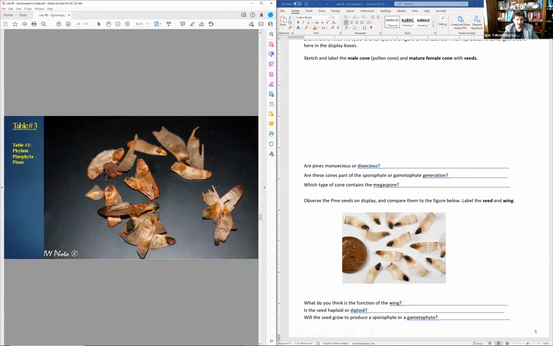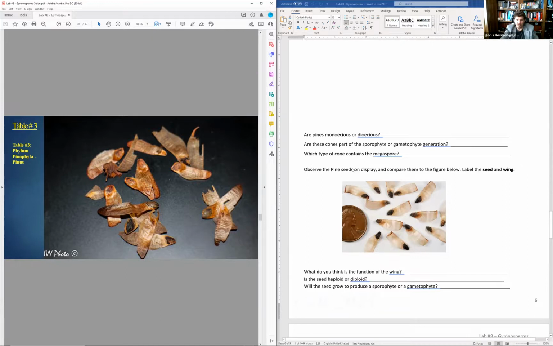Now within the female cone, you will see the seeds. Now looking at the seed, this is the cover of the seed. Inside of the cover, you will actually have the embryo with the food source, and this is the so-called wing for gliding through the air, distributing away from the parent plant, right? Because without that wing, the seed will just hit the ground right next to the parent plant, and they'll start competing for the sunlight.